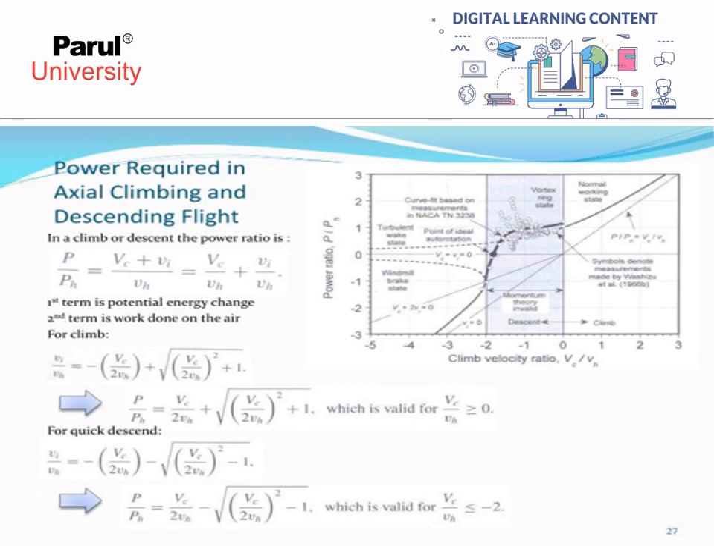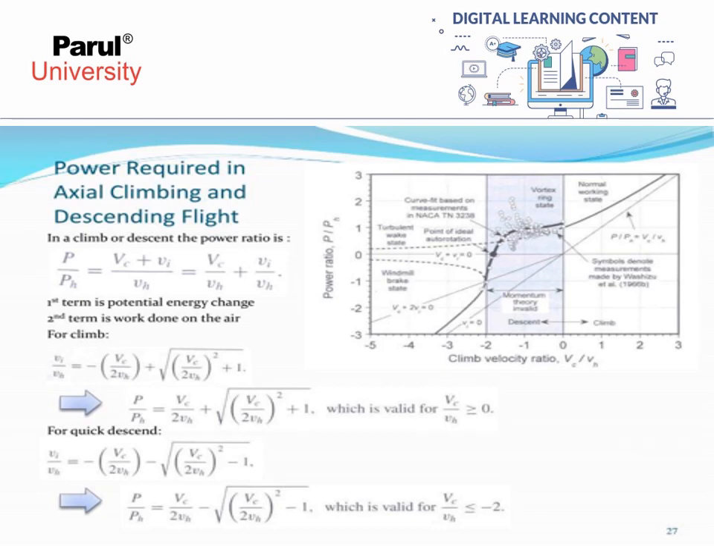In climb or descent, the power ratio is P by Ph equal to Vc plus Vi upon Vh, equal to Vc by Vh plus Vi by Vh. The first term is the potential energy change, and the second term is the work done on the air. For climb, Vi by Vh equal to minus Vc by 2Vh plus square root of (Vc by 2Vh) whole square plus 1. P by Ph equal to Vc by 2Vh plus square root of (Vc by 2Vh) whole square plus 1,